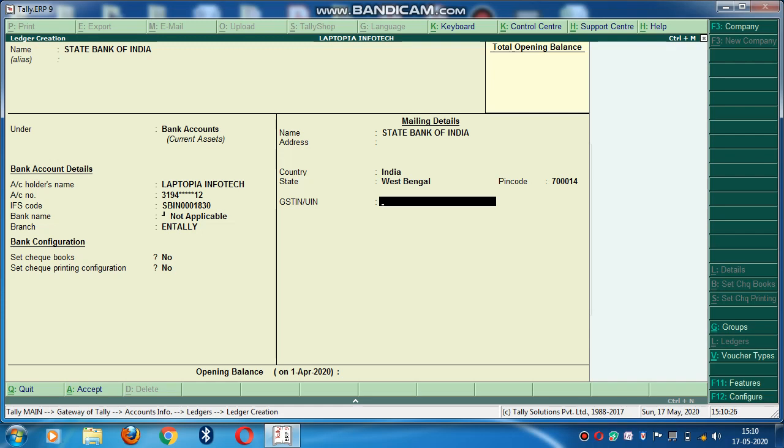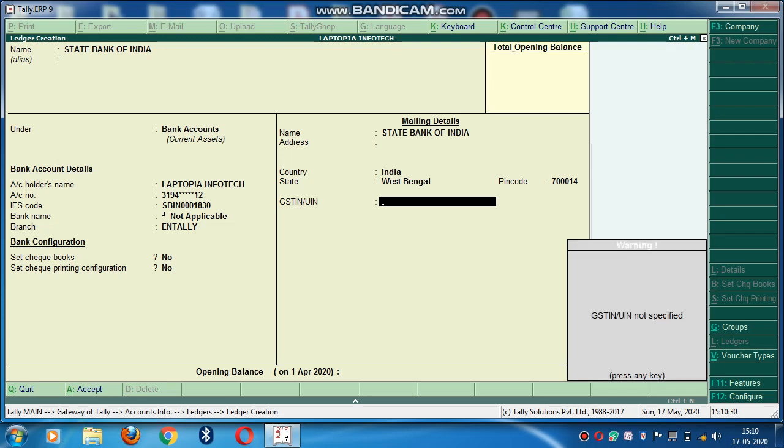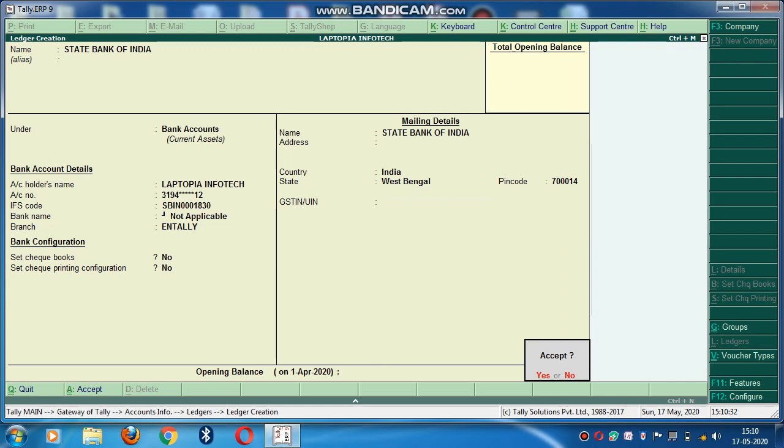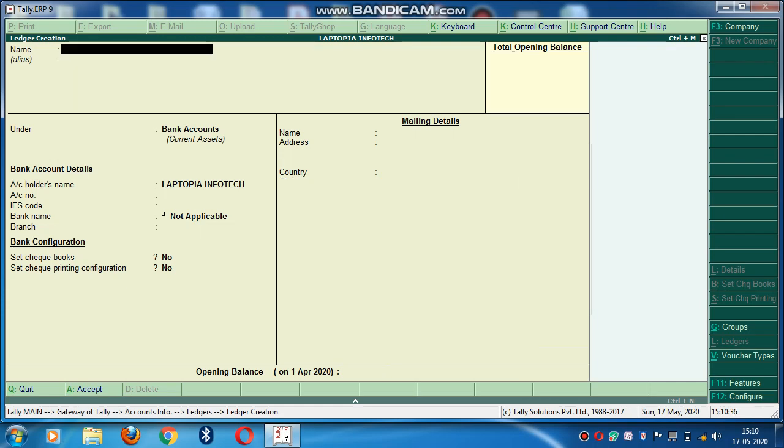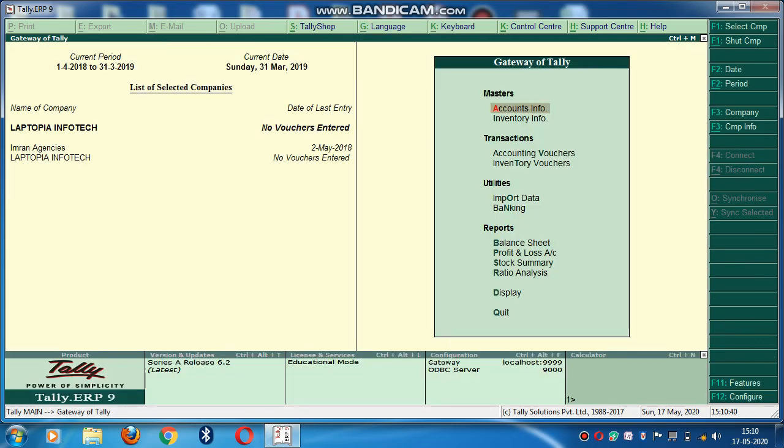They all have to register under the Companies Act, and you get this unique identification number. Now I can accept. Accept, yes. Fine.